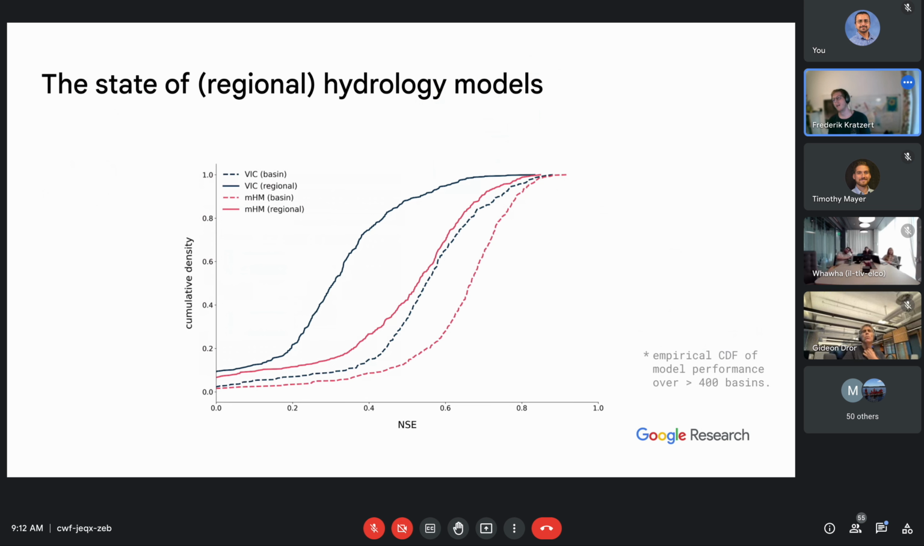So what's the state of these hydrological models? How good are they? This is a slide with data from when I started my PhD. These kinds of plots, we will see them a lot, so I will spend a bit of time to explain what we are seeing. This is a cumulative density plot of the NSE distribution. In this case, this is the NSE of 400 different catchments from the CAMELS data sets